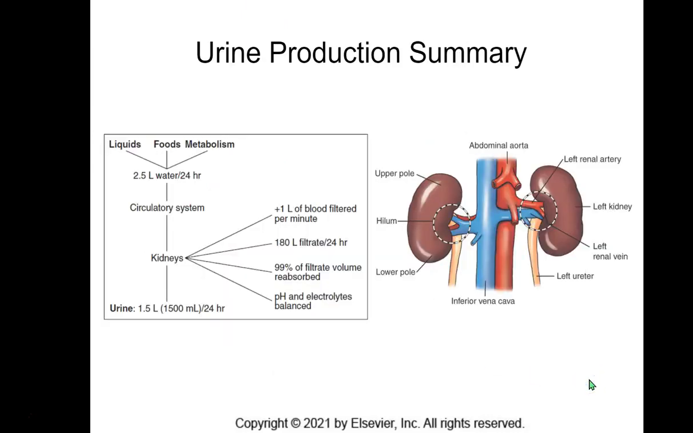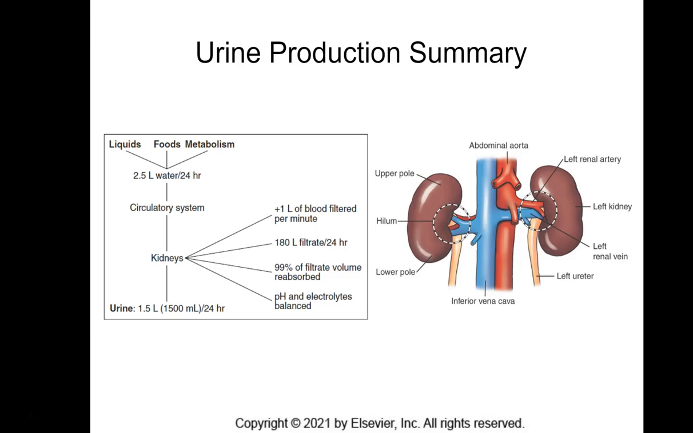All right, let's talk about urine production for a minute. The average water intake for humans during a 24-hour period is approximately 2.5 liters. This water comes from drinking liquids, of course, from foods we eat, and from the end products of metabolism. This 2.5 liters of water eventually ends up in the bloodstream, and vast quantities of blood are filtered through the